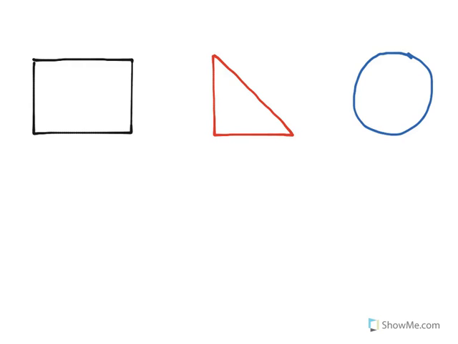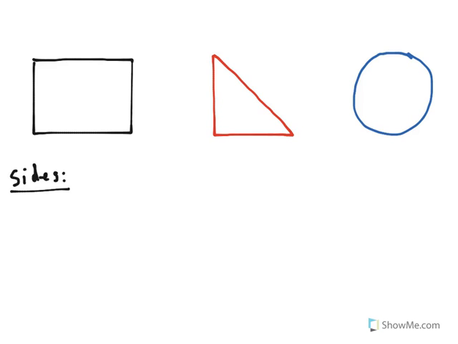What we're going to do with these three shapes is come up with all of the defining attributes of those shapes. Now, what is a defining attribute? Basically, it's a specific characteristic of a shape that tells us more about the shape. So the first thing that we're going to count in each of these is the number of sides each of